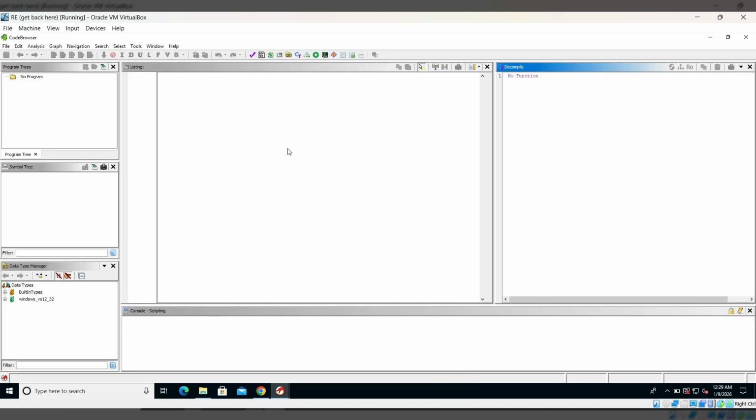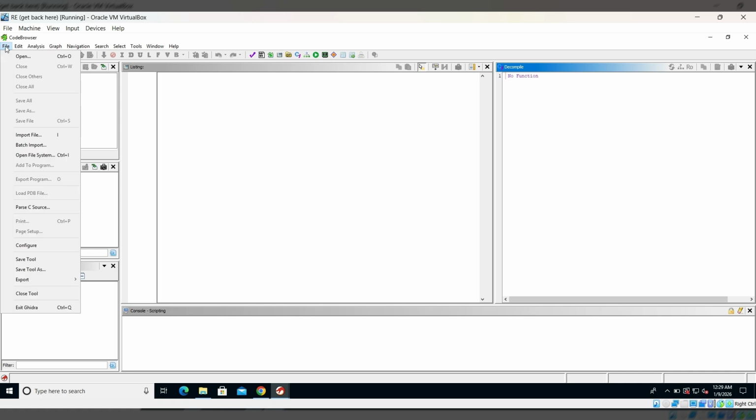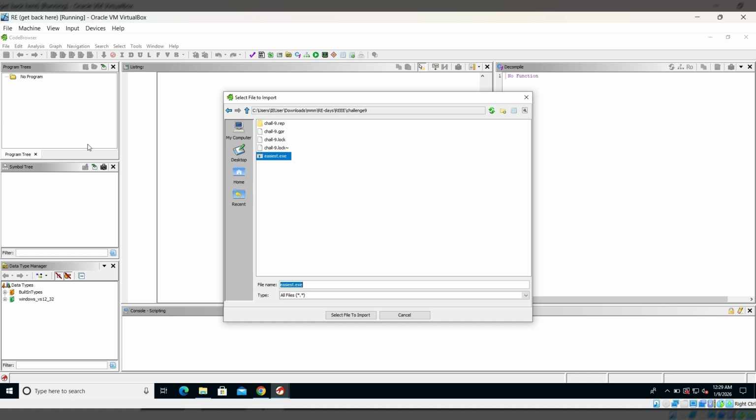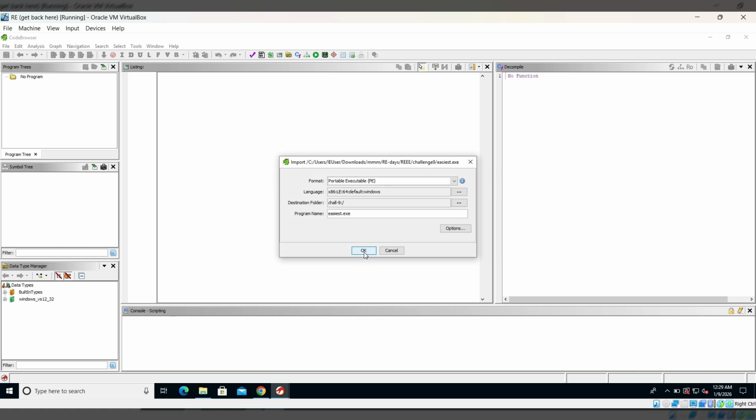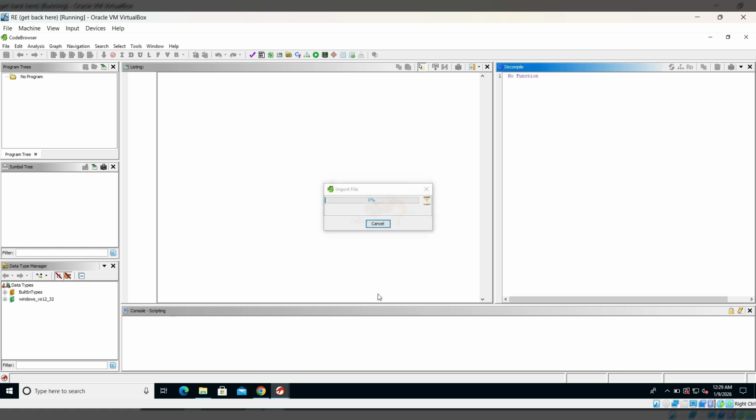So once it opens, either you can click on I or you can just import file, and I'll just open this file which is easiest.exe, and it's a very small file so it should not take a lot of time, because if you open an actual malware sample or another application, they will take a lot of time because they're pretty huge, and this is a very small challenge, and plus the difficulty level is pretty low, so it should not take a lot of time.